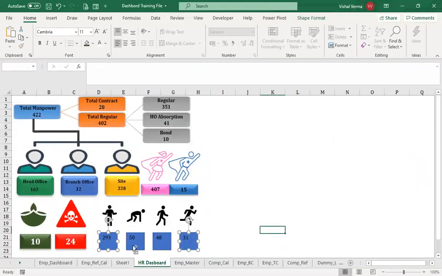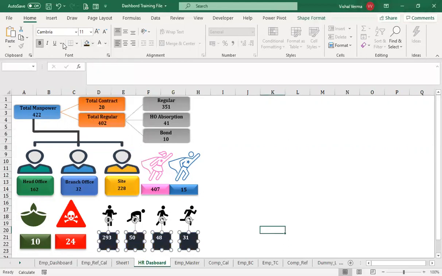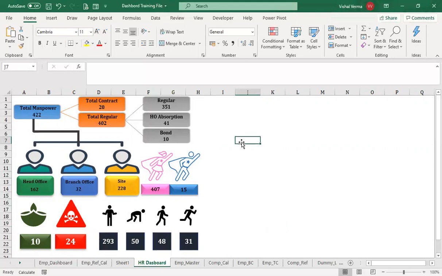You can select all of this and do some basic formatting. Let's put it as green, or this color, bold, distributed in the center, and let's increase the font size. So this is the information that we have with this.